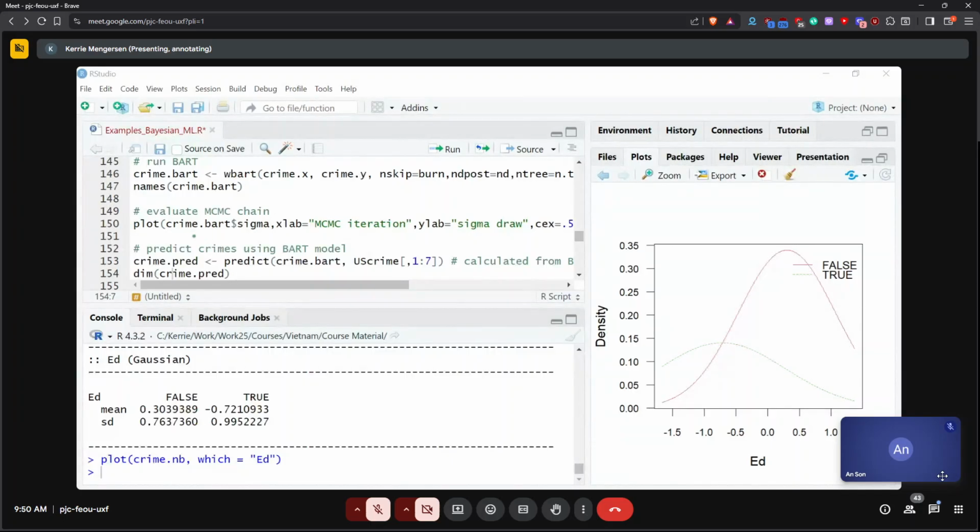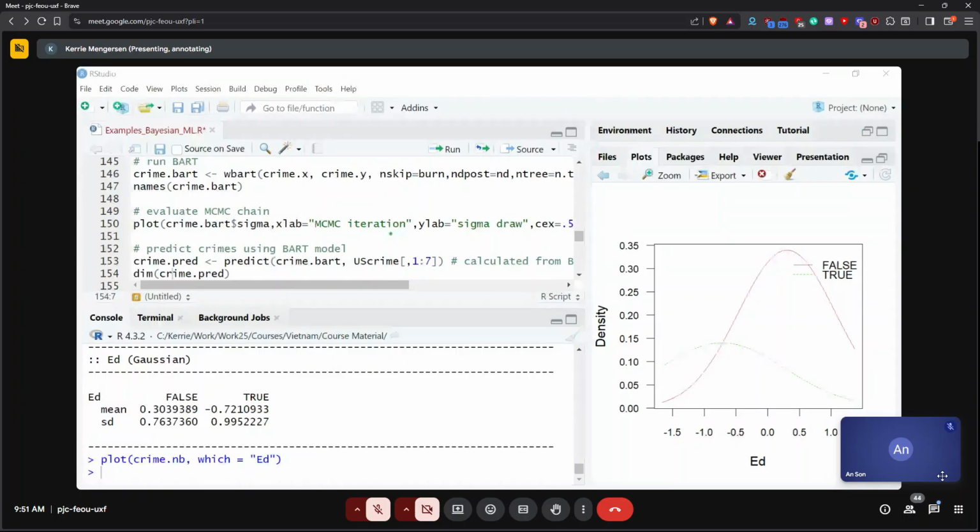So WBART, and I give it the X's here, and I give it the Y here. I'm on line 146. And I then tell it the burn-in that I want, and the number of iterations that I want to keep, and then the number of trees that I want it to build. And then I run that.